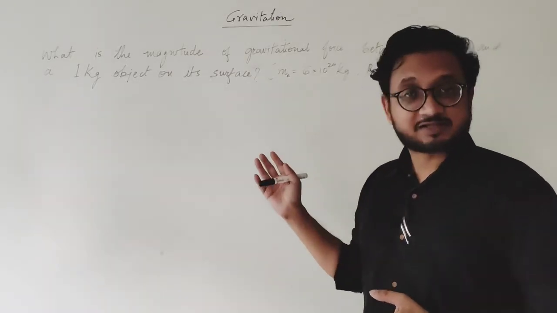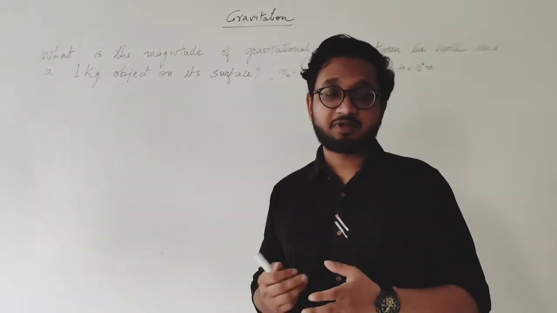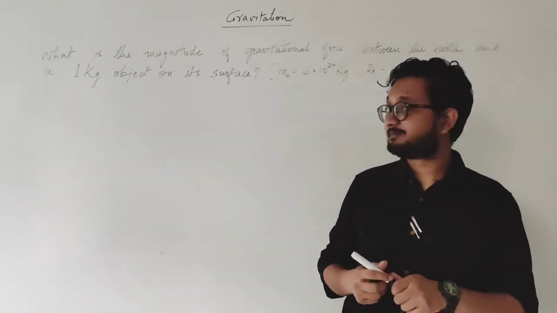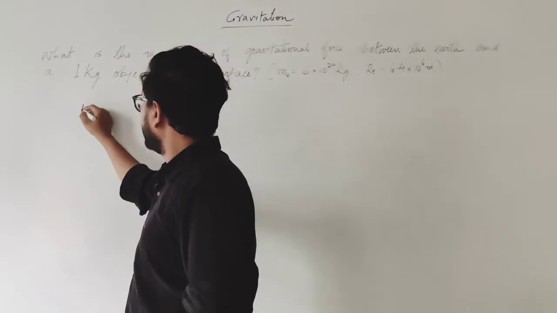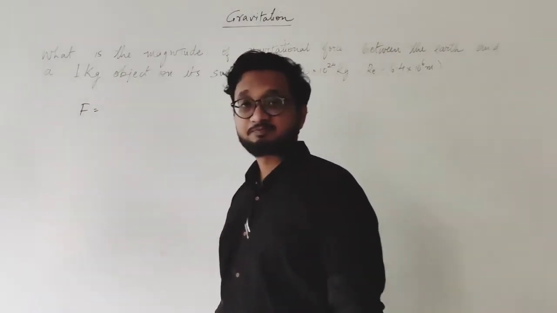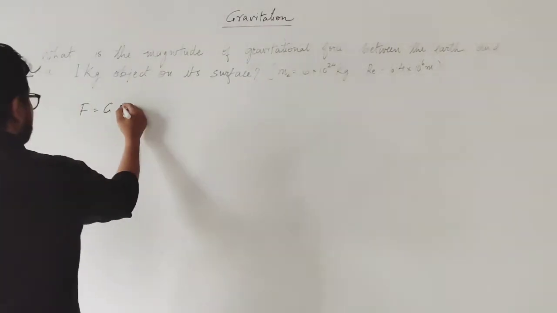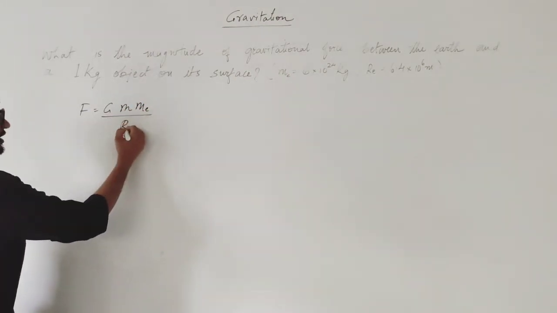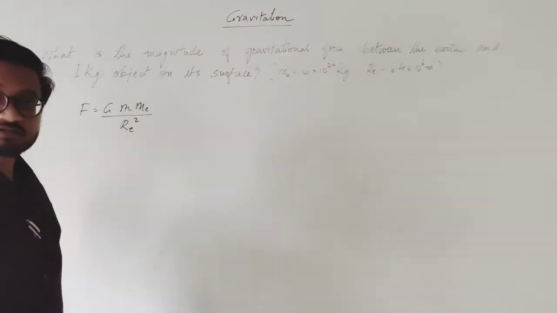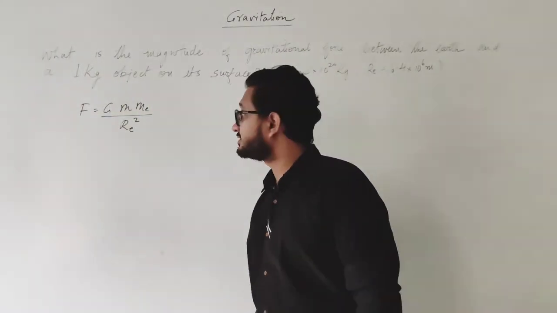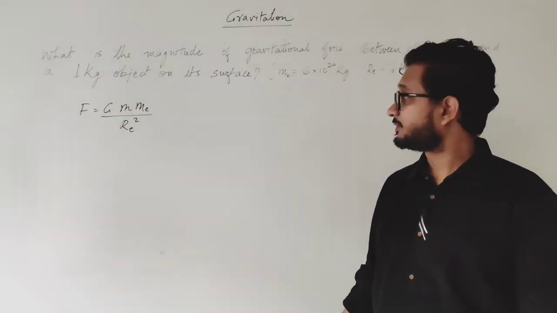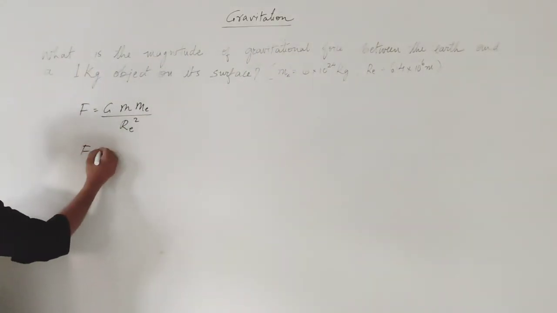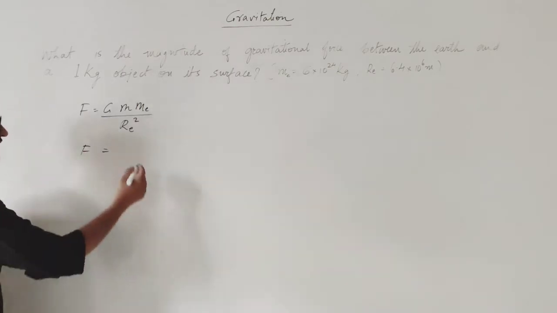So there is nothing really to explain over here. We simply have to apply the formula of universal law of gravitation. So F is equal to G m1 m2 upon r square, where the distance we are taking as the radius of Earth. Okay. Simply substituting the values, we know that the gravitational constant is given by